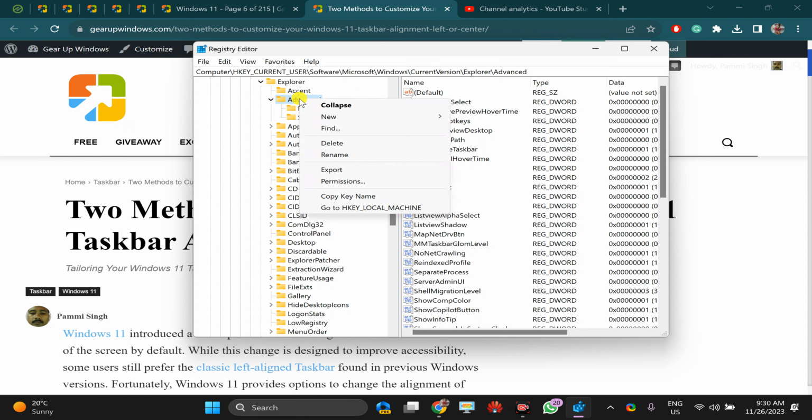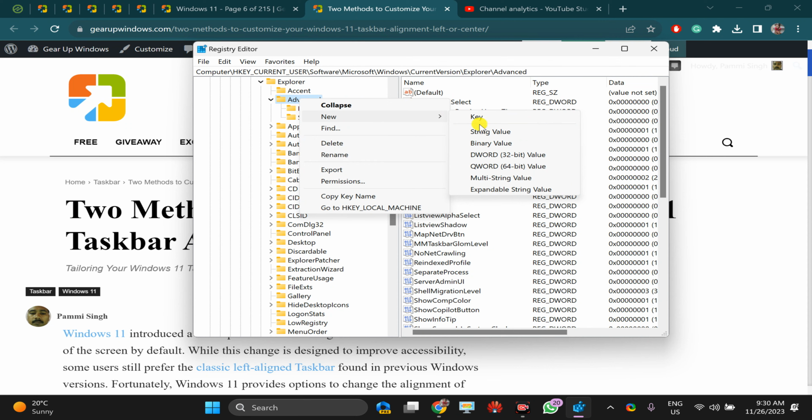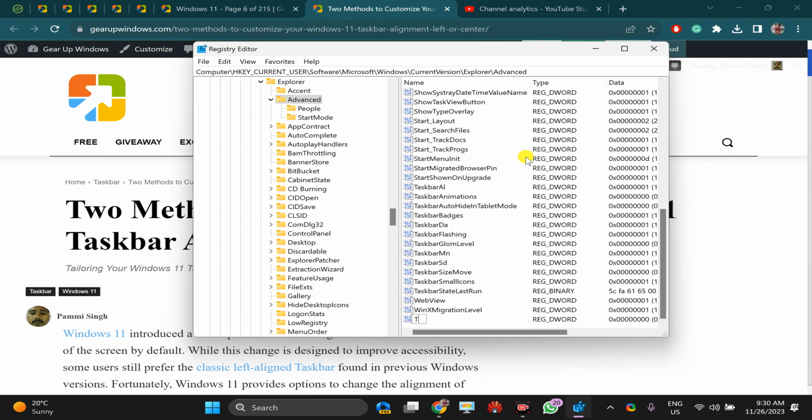Now right click on this one advanced key, select here new and then DWORD 32-bit value. Name it taskbarAI and then press enter on the keyboard. Then double click on this one taskbarAI,